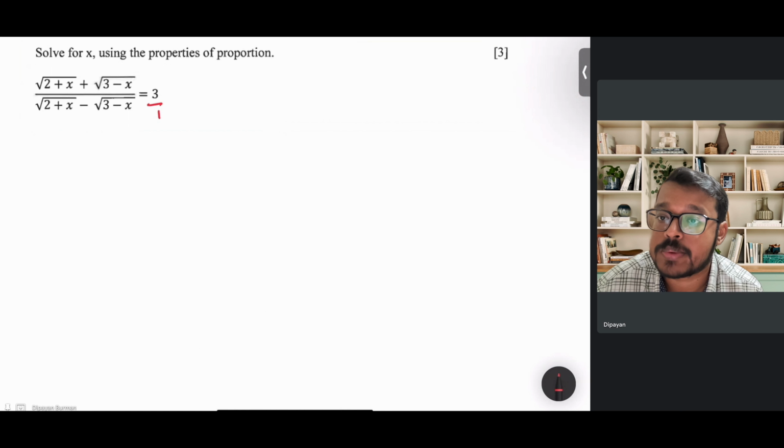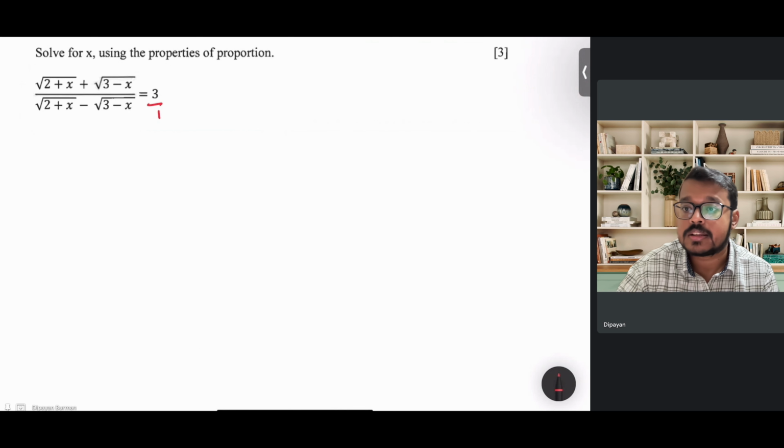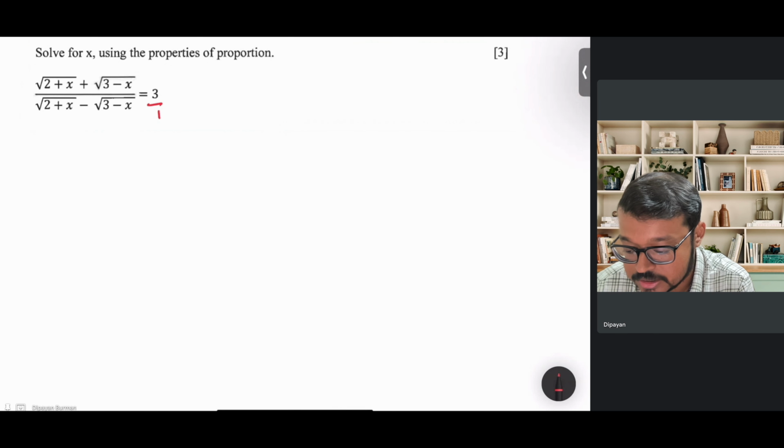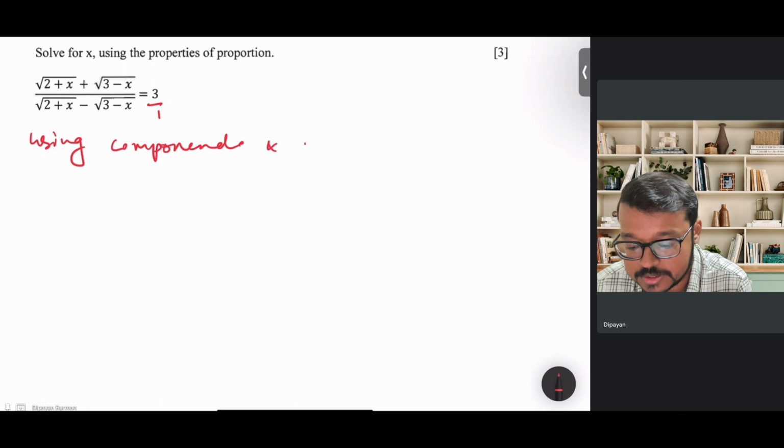Then we can apply properties of proportion, and for such a format that we see here, the best property to use will be componendo and dividendo, because when we apply that, everything will be simplified and we will be able to solve it. So first thing, to write 3 as 3 by 1 in the right hand side, and then we will say that using the property componendo and dividendo,